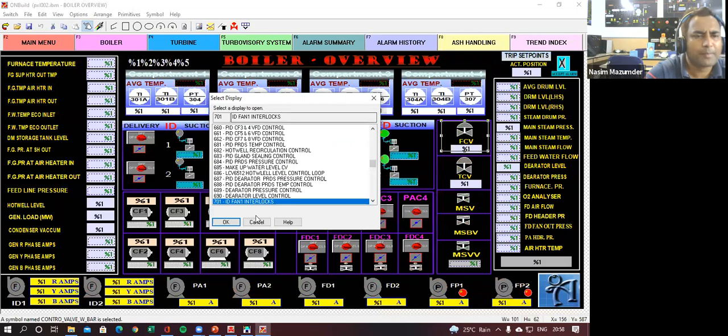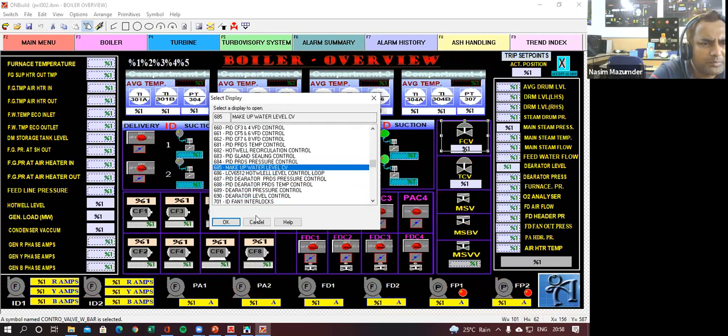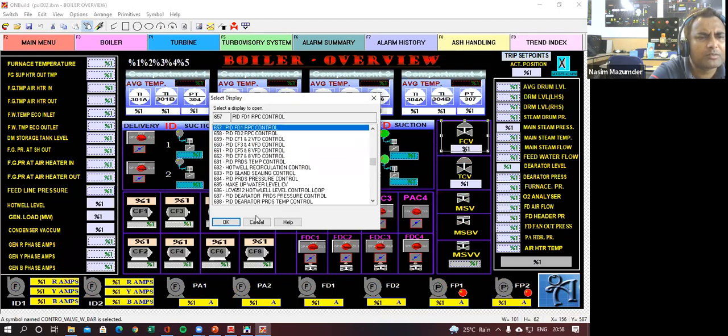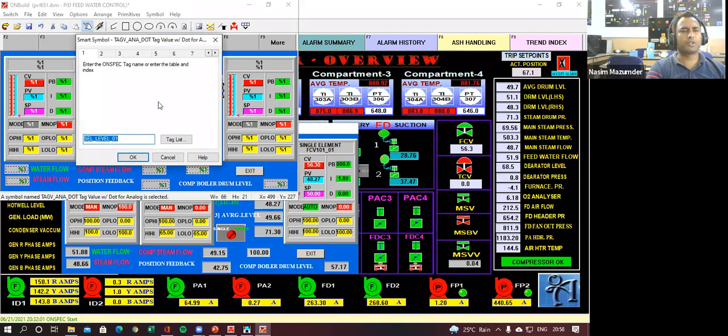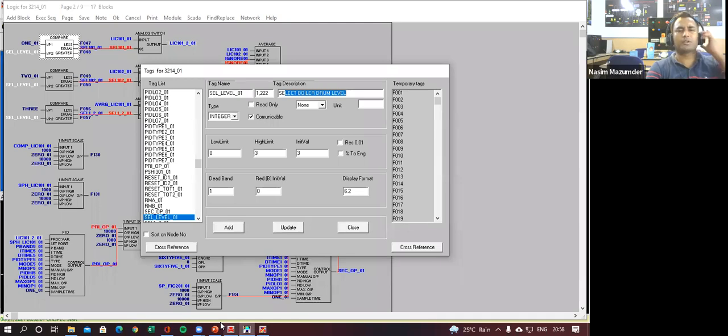No? PID feedwater makeup water. PID feedwater control. So if you go to this, you can see here the same tab. Select level_01. So go here. This is the select level_01.